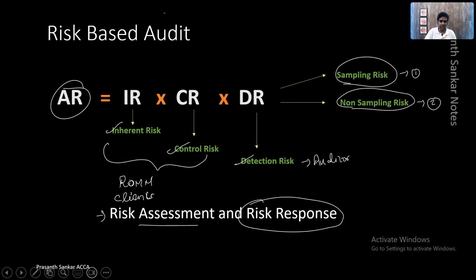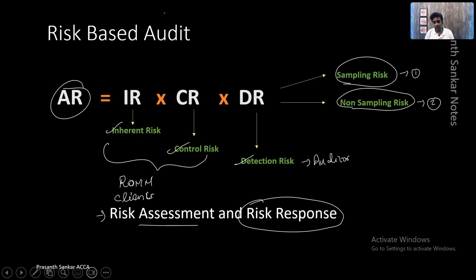We identify the risk and clearly document the response, the approach we are going to perform, and only then do we perform the next steps of control testing and substantive procedures. This is called a risk-based approach. So the focus is primarily on the risk, and that's why we have a 50 marker which focuses on identification of audit risk.